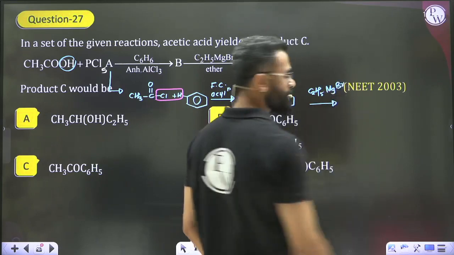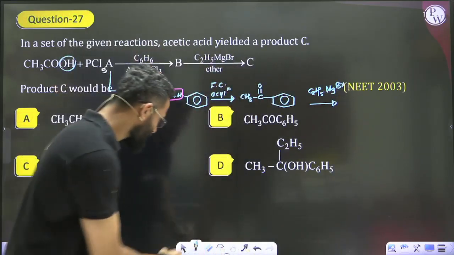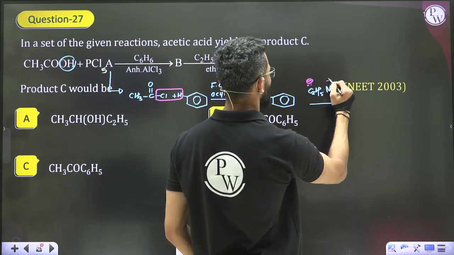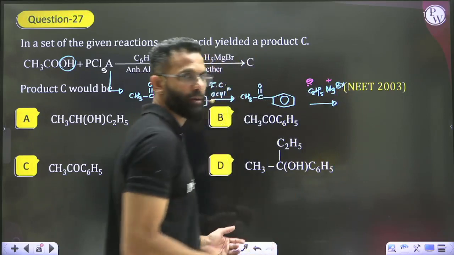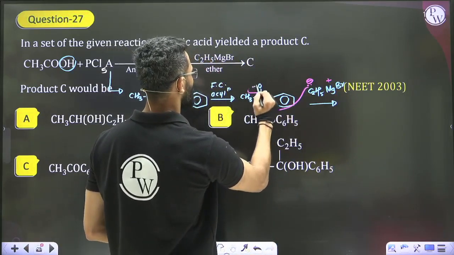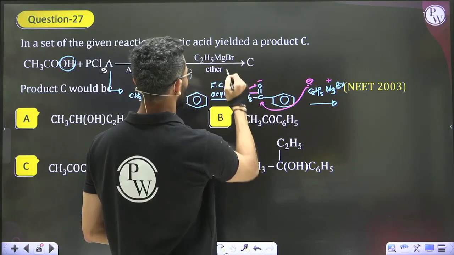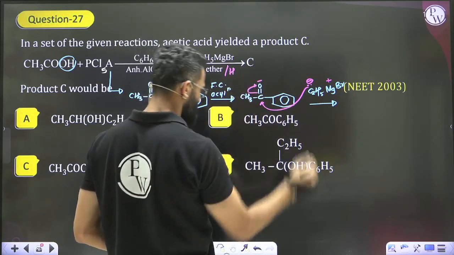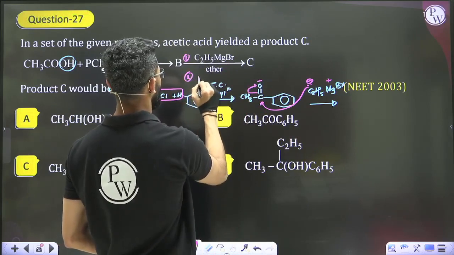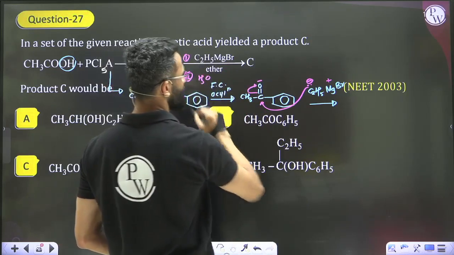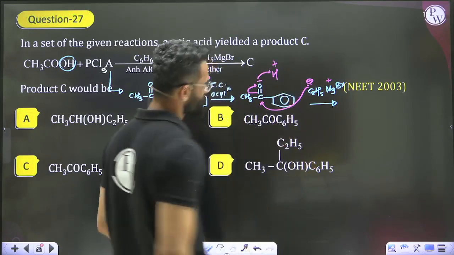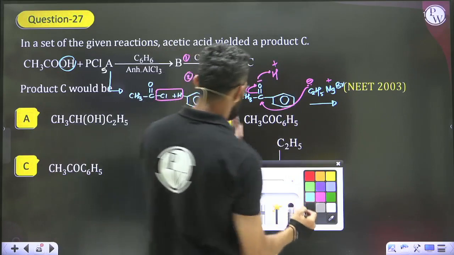Well guys, we are aware that in Grignard reagent the R is always considered as R minus, since the bond between Mg and alkyl is predominantly ionic. So the C2H5 will attack at this carbon, this bond will break towards O, making it O minus. And let's see, we are carrying out further hydrolysis as second condition. This is first and second. Upon hydrolysis, acidic condition, this O minus will accept H plus. So the product will be